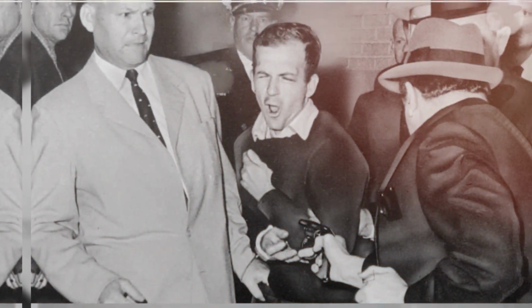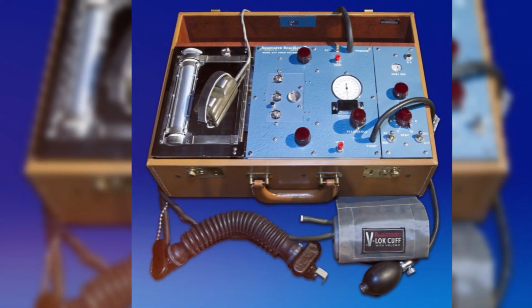Tragically, Oswald never got a day in court, shot dead by Jack Ruby less than 48 hours after his arrest. That silencing only deepened public suspicion. Conclusion: